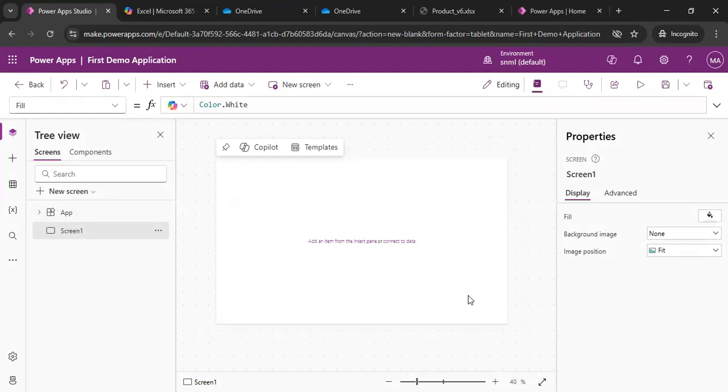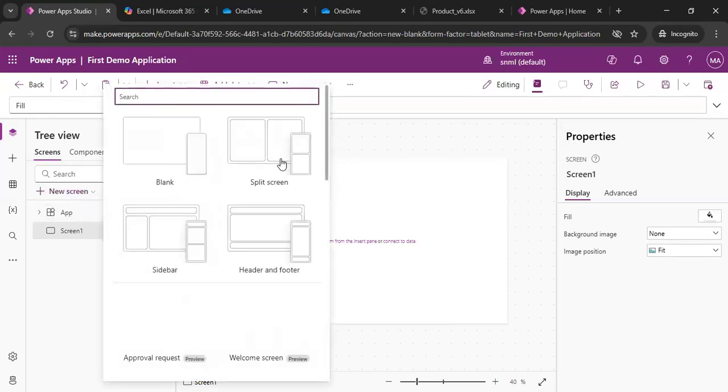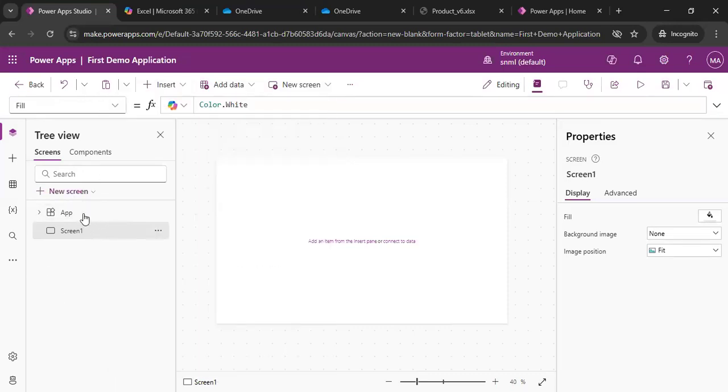Okay, this is how we do the painting and everything we want in our canvas. Just like this one, this is a canvas. This plain canvas is called a screen. We can have multiple screens, based on our requirement, as many screens as we want in our application. So this is a plain screen. If you want to add another screen,